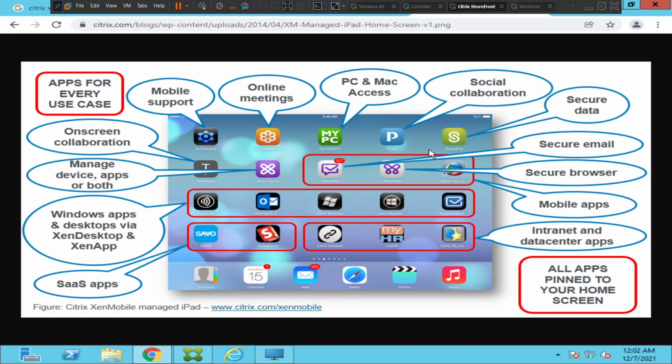Okay, so we have two types. One is BYOD and the other one is corporate. So BYOD means bring your own device. When users have their own personal devices, they can connect to the Citrix environment and they can install all their business applications. Okay, it is not only Worksmail, WorksWeb application, the default applications.